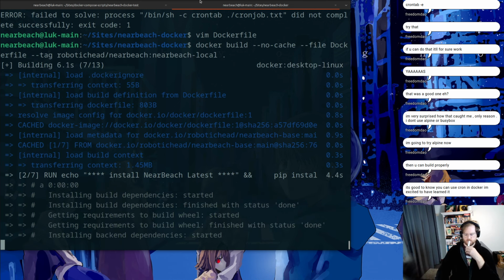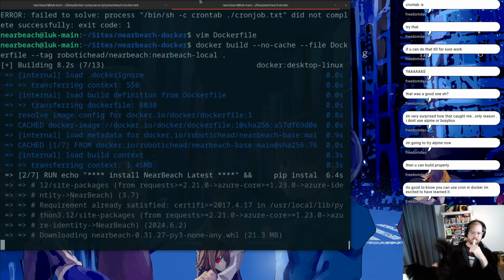And then what we could do is, I guess we just update the crontab